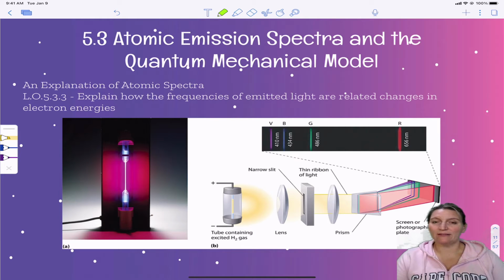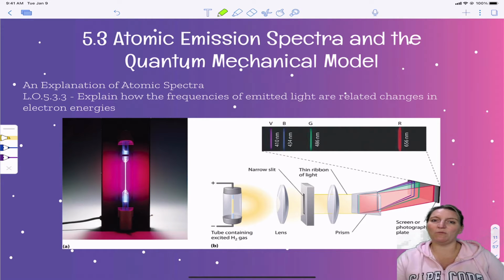Welcome back. So we're about to finish up this section on atomic emission spectra by bringing it back to the structure of the atom. Now that we know more about what exactly light is and how it's related to energy, let's circle back to that picture from the very beginning of the chapter. So we see here the picture of hydrogen gas that is being excited by electricity, and the pink